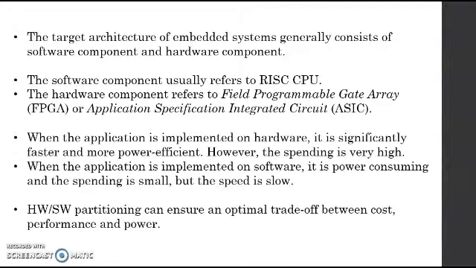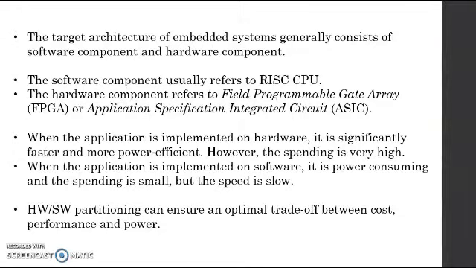So when the application is implemented on hardware, it is significantly faster and more power efficient, whereas the spending is very high. While when the application is implemented on software, it is power consuming and the spending is small. The speed is slow. So hardware software partitioning takes care of this by ensuring that an optimal trade-off between cost, performance,